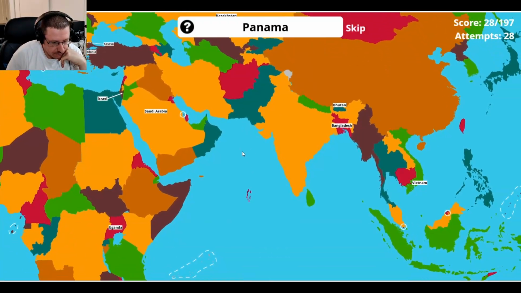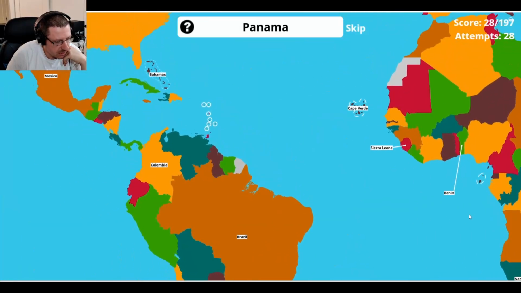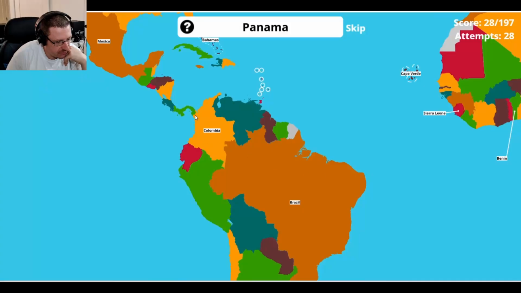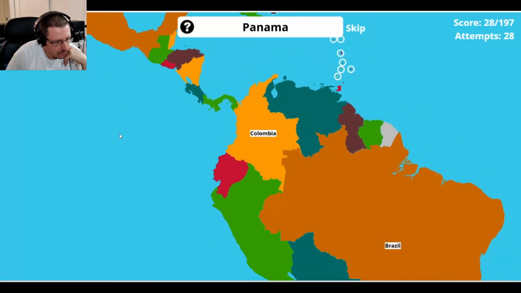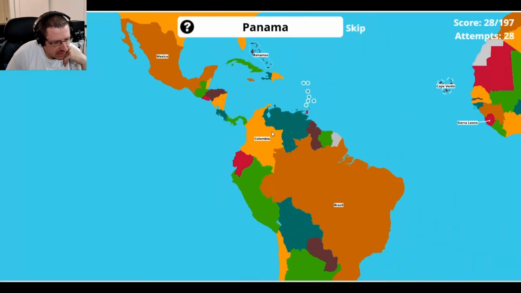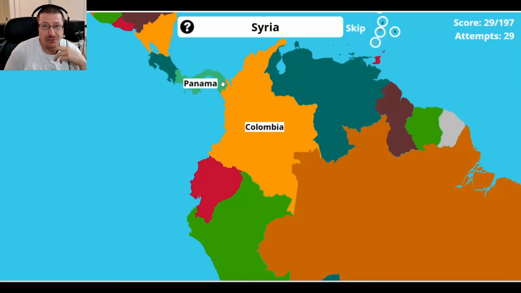Panama. I like Panama. Panama's cool because of this interesting engineering feat that happened here. So if we zoom in here, this is Panama. Panama connects North America to South America. But you can't drive from Panama to Colombia. You have to take a boat or something like that because there's a big forest that blocks the border. So it's right here, Panama. That's known for the Panama Canal. I don't know exactly when it was built, but I think it's like 40 miles long.